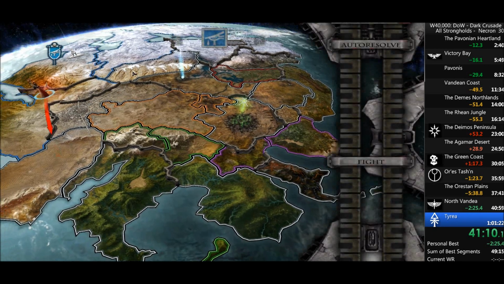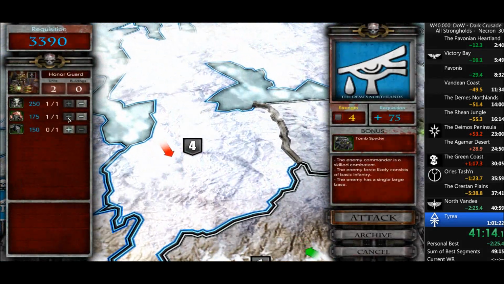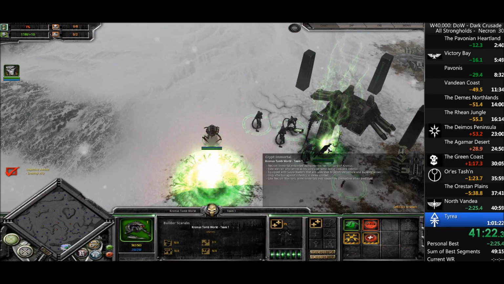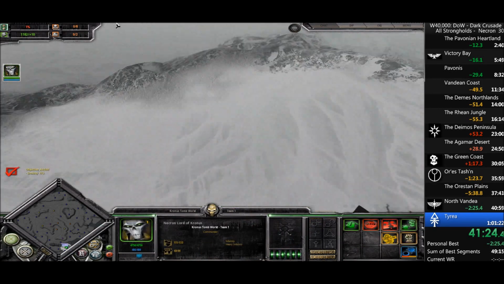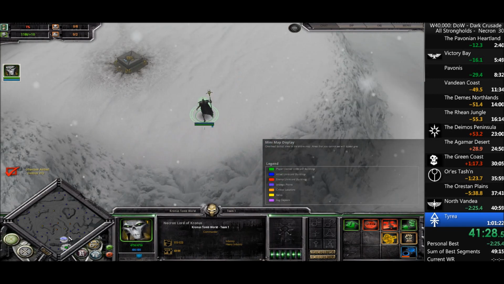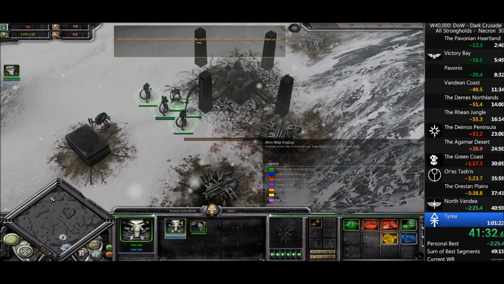so I may need to get used to it. So here is now the part where it's really a bad thing that the Elder conquered the Agama Desert, because now I have only one flayed one honor guard, so things take a little longer, but it's okay. We just move on and reconquer Demis Northlands and then move on to